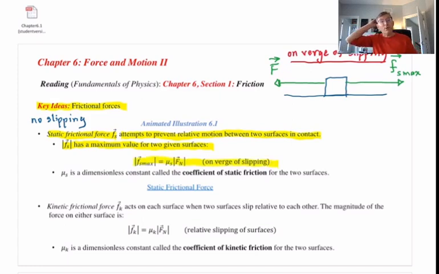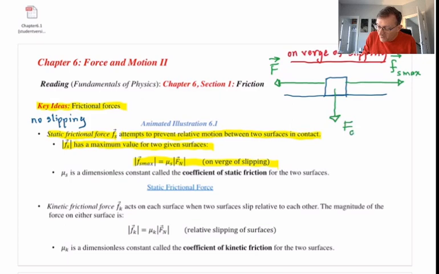And that is a really important formula when you're talking about friction. The formula for the magnitude of the maximum static frictional force, Fs max, depends on two things. How big is the normal force between the surfaces? And then there's this other constant, mu sub s, called the coefficient of static friction between the two surfaces. So if I go back to my free body diagram and finish it out, because it isn't complete,